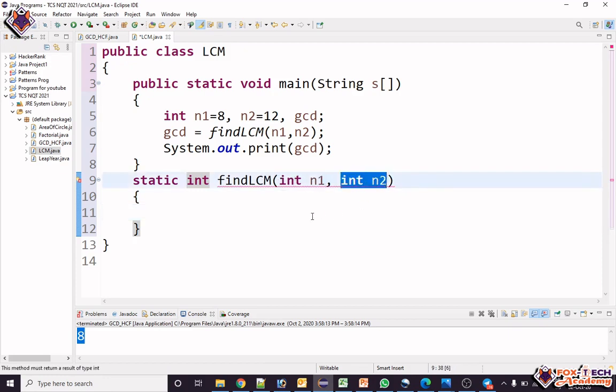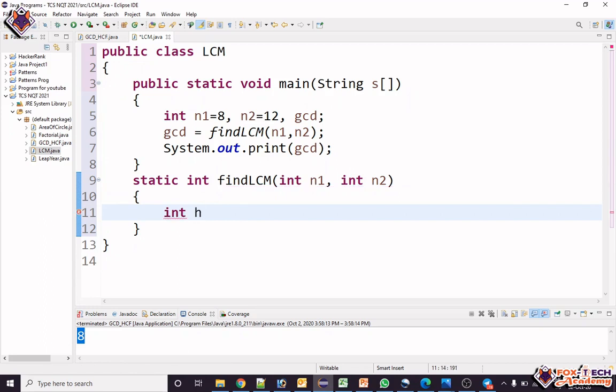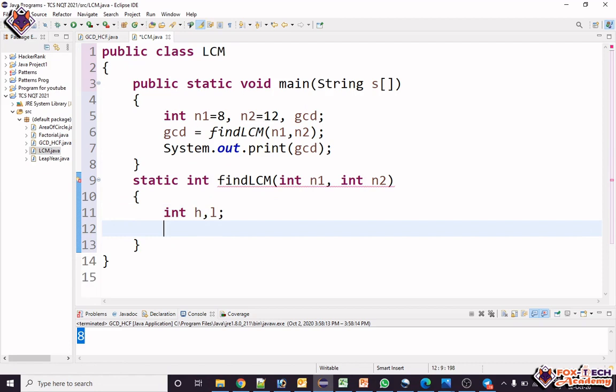First we have to find the lowest and highest numbers, so we create two variables, int high and low. High is n1 if n1 is greater than n2, otherwise n2.